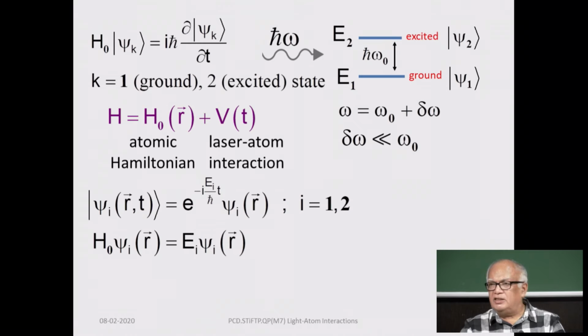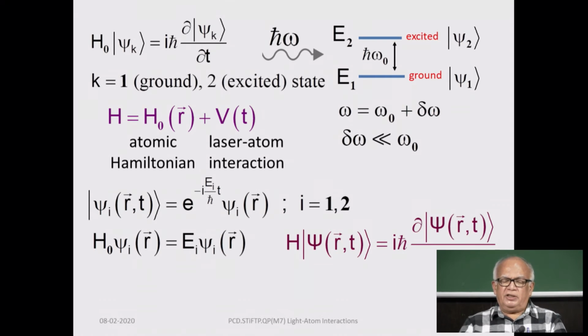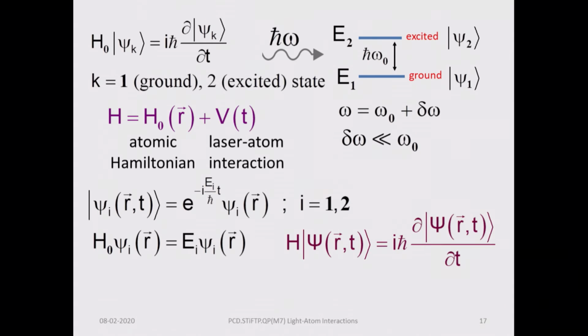So, these are the stationary states solutions to the problem, and the unperturbed problem of H0 has got eigenstates which belong to the eigenstates of the time independent Schrodinger equation. The time dependence is given by the phase e to the minus i E_i over h cross t. But the general Schrodinger equation for this system is H psi equal to i h cross del psi by del t,